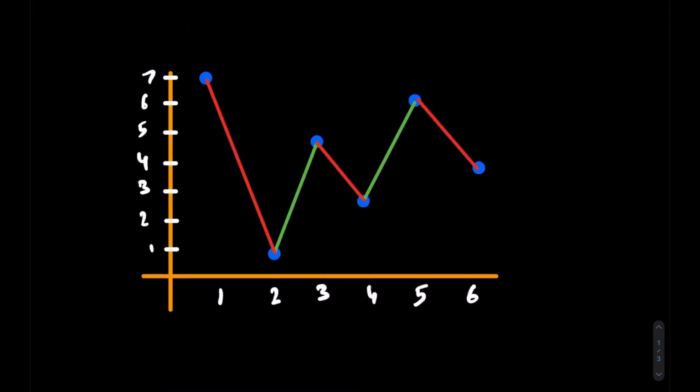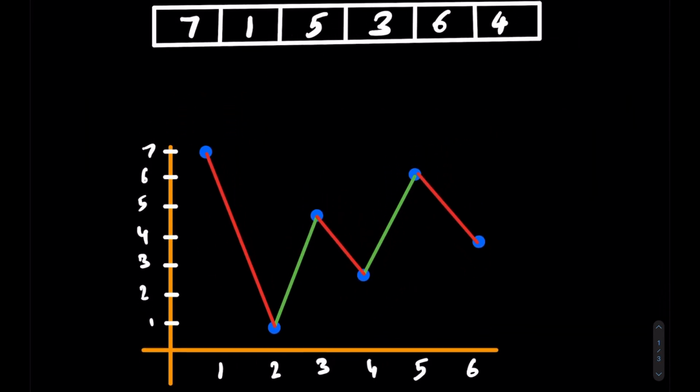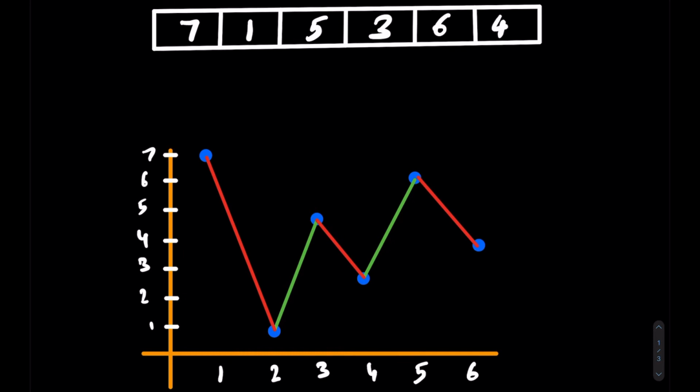Let's have a look at the prices plotted on a graph for the given example. We have a 7 on day 1 followed by 1, 5, 3, 6 and 4. We see that all the green arrows mean the price is going up and red means the price is falling. If we can do multiple trades, we basically buy on every day as long as the price is going up